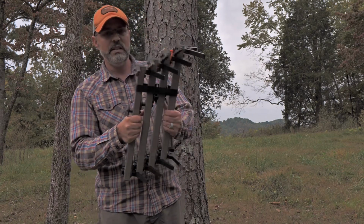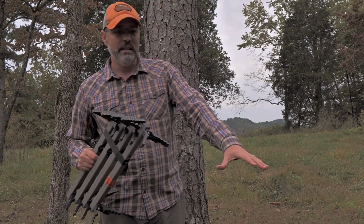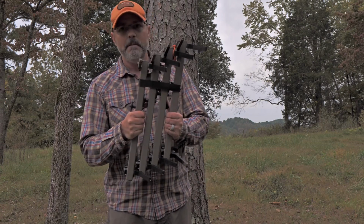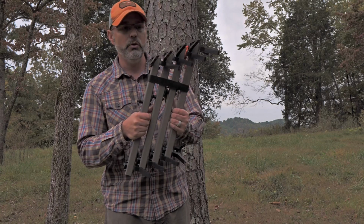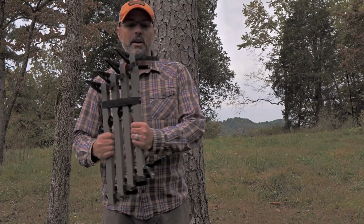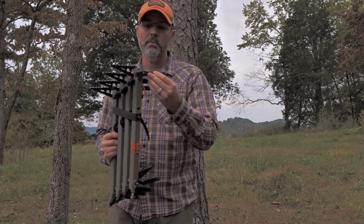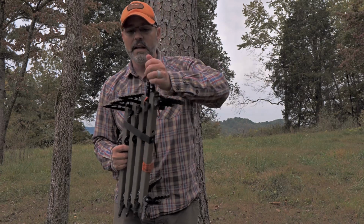But when it comes to these sticks here, I was so used to carrying the heavier sticks in and dealing with their cam buckle straps that when I went to these, it still wasn't worth me switching out and getting away from those cam buckle straps. So the standoff on these, it's got a pretty good standoff. You see here, the teeth on them, these sticks really bite in the tree really well. Like I said, the